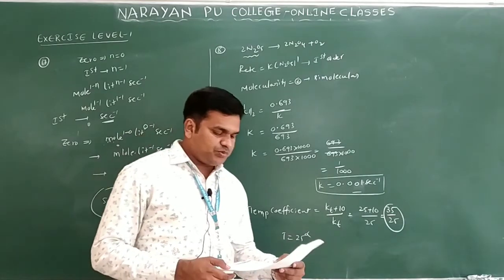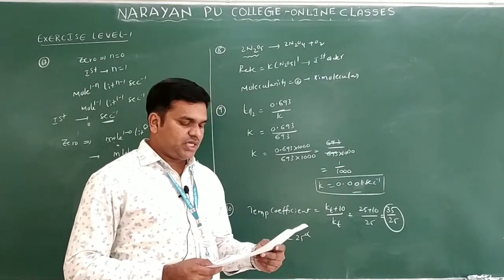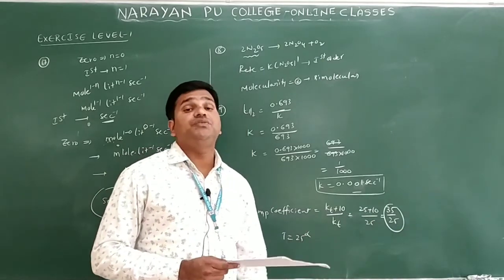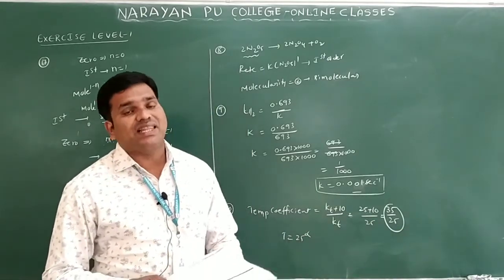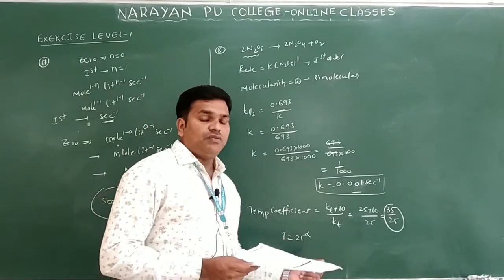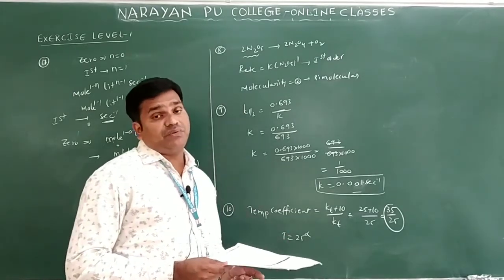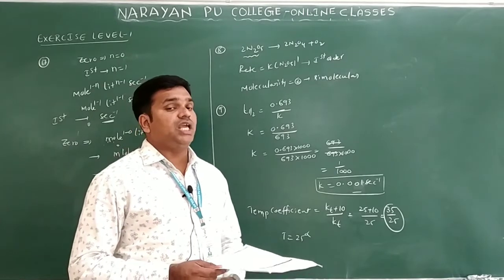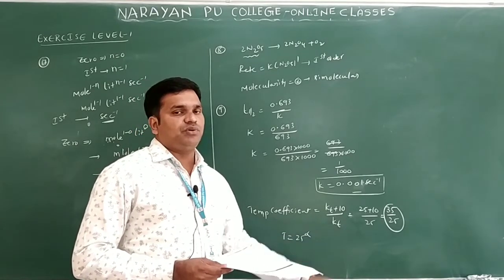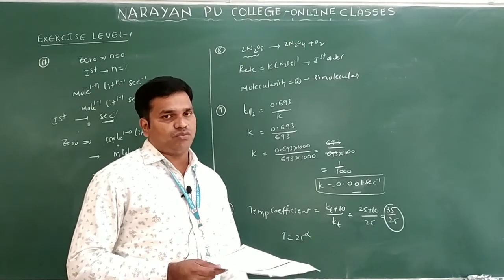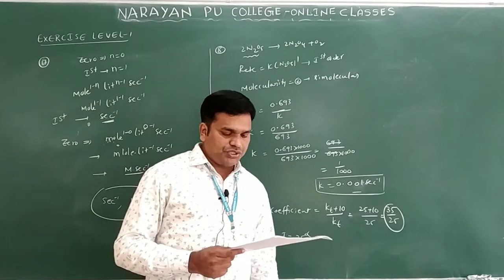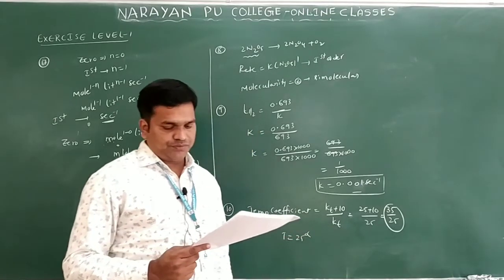Here you can see option 3: the rate constant at the temperature 35 degrees Celsius and at 25 degrees Celsius. The difference is 10. All this formula is given, where the temperature dependence of the rate of reaction has a value of approximately 2 to 3. Kt plus 10 by Kt, suppose you are taking 25, 25 plus 10 by 25, 35 by 25. Your answer is option 3 for this question.